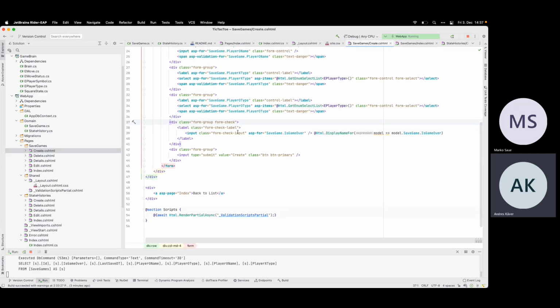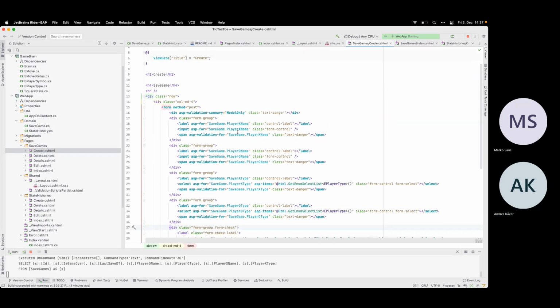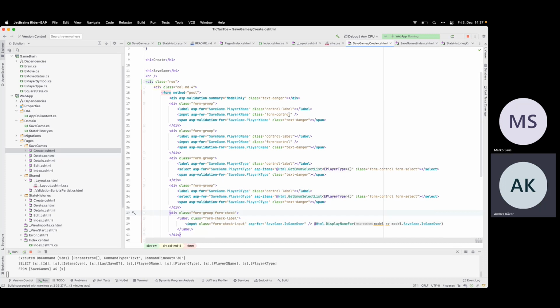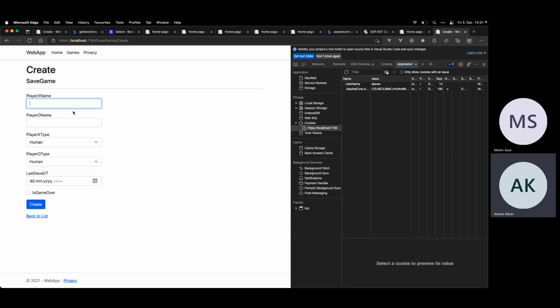Let's say player X name, player O name. So theoretically, how should this look? Like I start a new game, I have my username. So I can now choose which one I will be. Will I be the X or O? This is kind of a bad user interface here. Do I start with something like this?